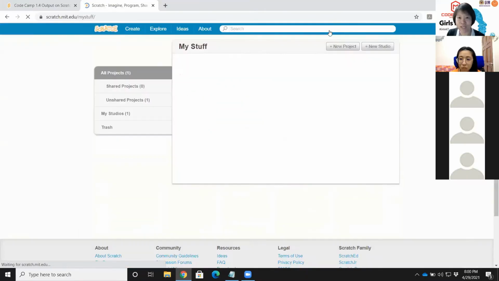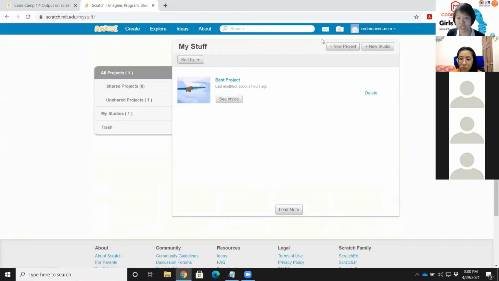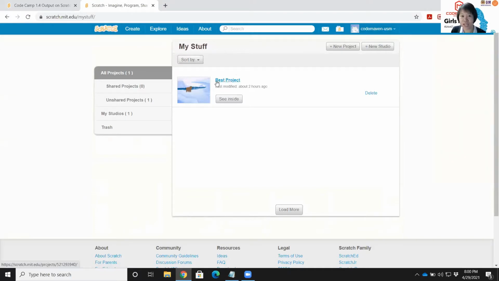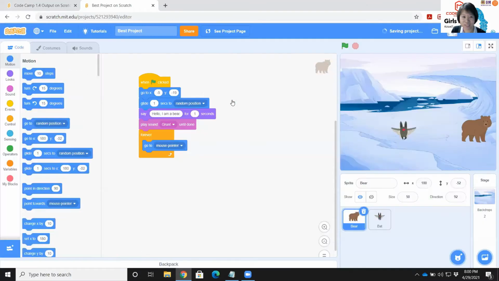So on this Scratch web, if you go to My Stuff here, and then you see your project that's saved. My project is saved as Best Project. So I'm going to click See Inside. Then I have access to my blocks here, my codes, and we see our bear and bat here. Now, in order to keep track of scores, I'm going to introduce